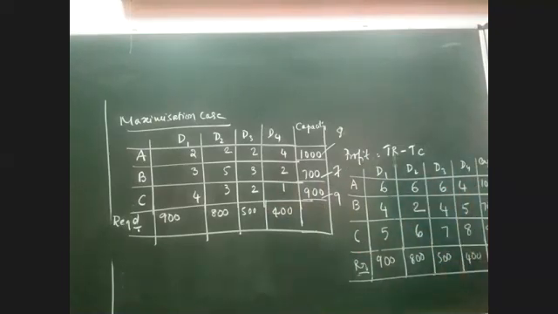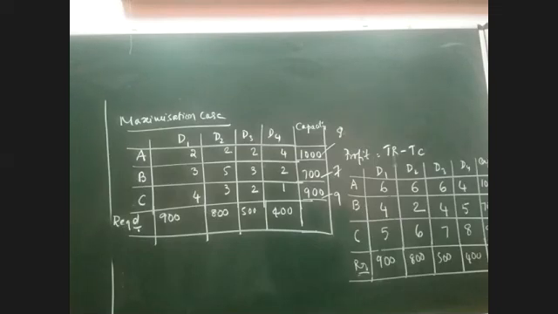As I already said, we don't have a separate mechanism or method to solve maximization case problems. The same three methods, that is the Northwest Corner Rule method, least cost method, and Vogel's approximation method, have to be used to solve maximization problems also. We don't have a separate method for it. But the three methods which we have already solved are suitable only for the minimization case. They are not meant for the maximization case. Since they are not meant for it, I cannot directly take the method as it is.